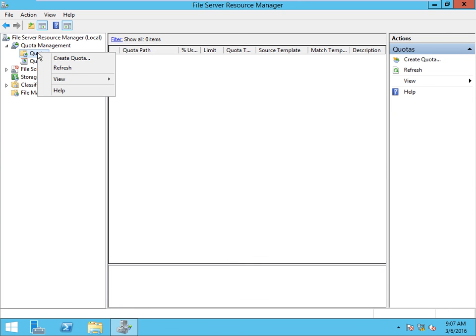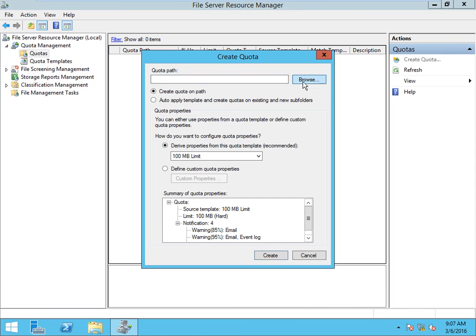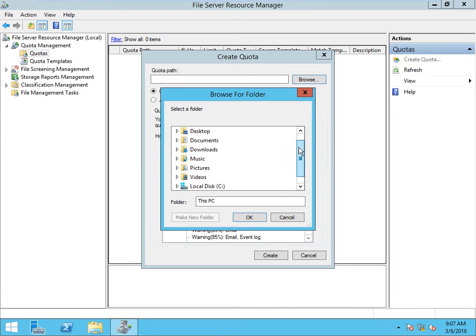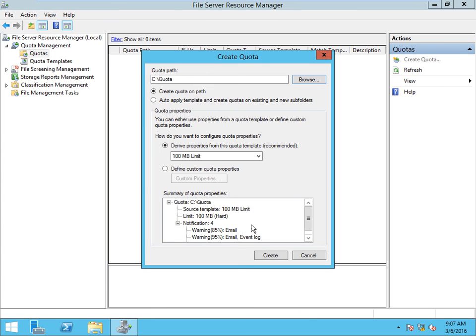Right click on quotas, create quota, browse, the folder was quota. OK. Right click here, means click there. My template, actually we have given the name my temp.